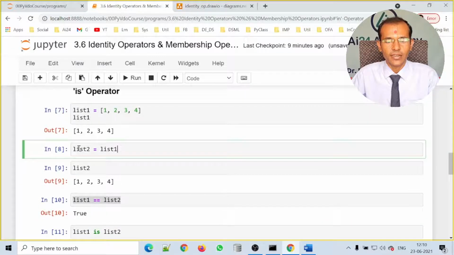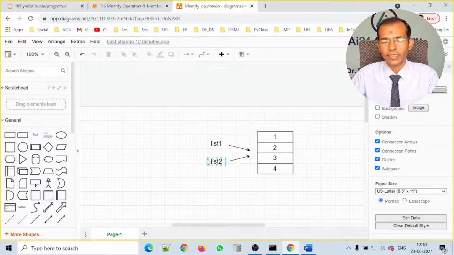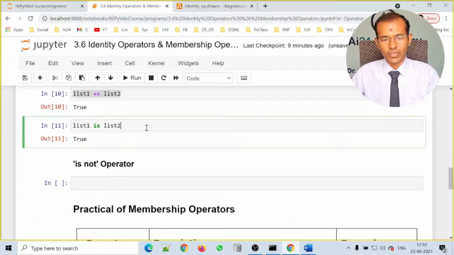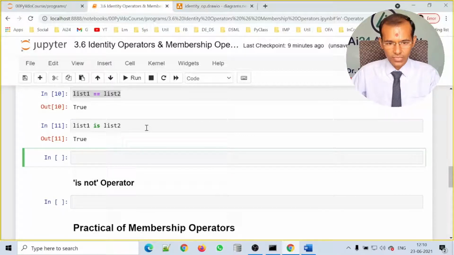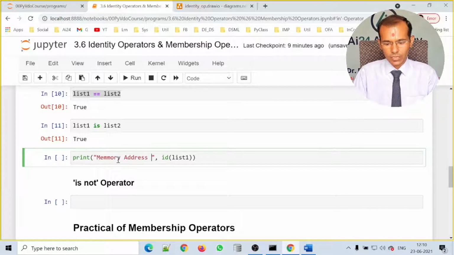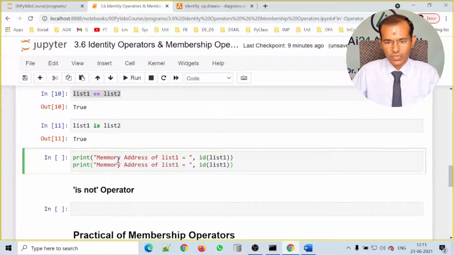So when we assign list1 to list2, it looks like this. List1 and list2 both are pointing to the same memory location and the same list. Now let us check the memory address of list1 and list2. Let us print the address of list1 equals this one, and let us check the memory address of list2.